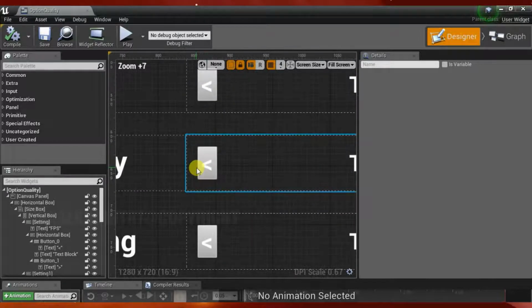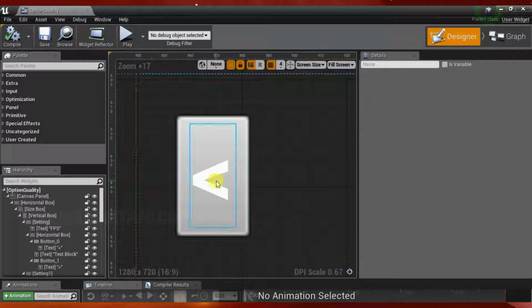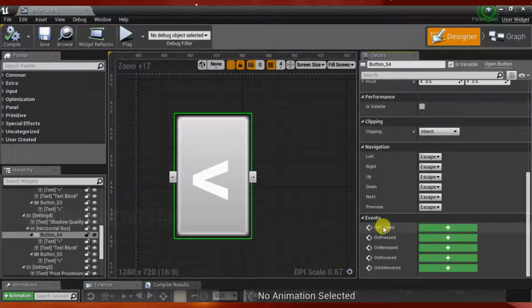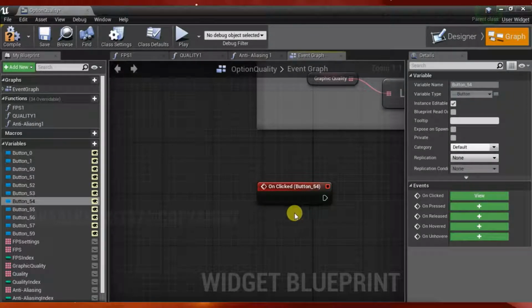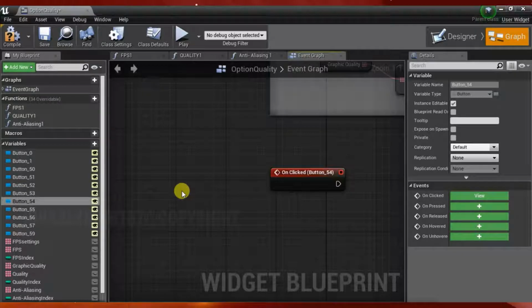I'm going to zoom inside that. You will see that this is the text. If you go over to the outline of the button, you can select the button and scroll all the way down to the On Clicked event and click it. What we'll be making is a variable each for the shadow quality as well as